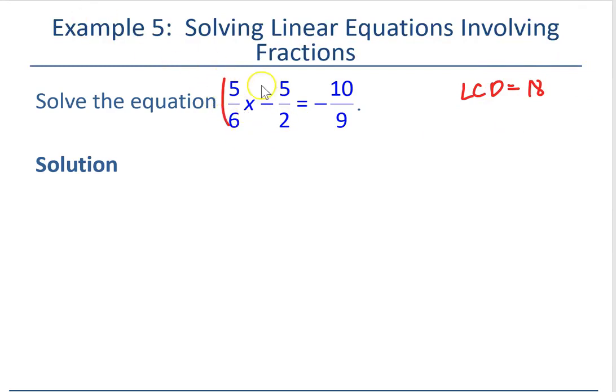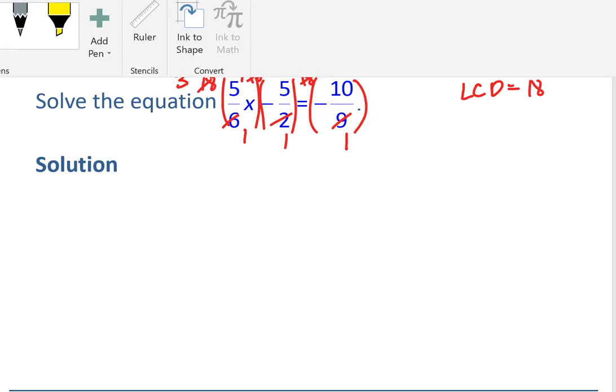Well, let's go ahead and multiply everything by 18. Okay? And notice when I do that here, this is going to reduce to a 1. That will reduce to a 3. This will reduce to a 1. This will reduce to 9. This will reduce to a 1, this to a 2,